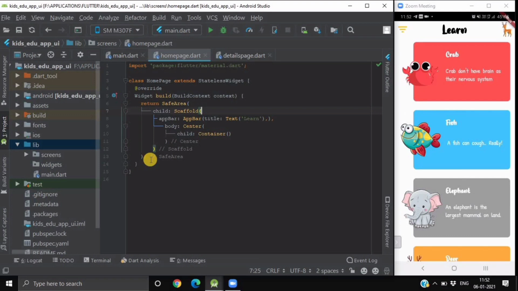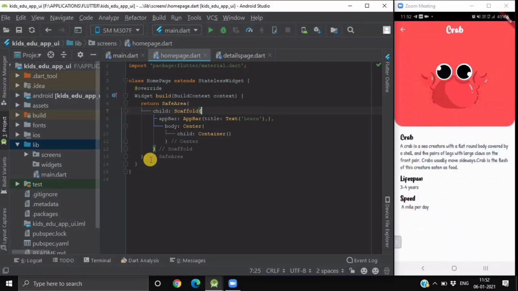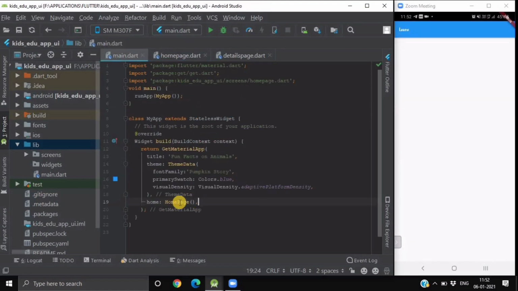Okay, and also when we click on this particular card, the headers like crab and its information, these are also custom widgets. Okay, so we will also be learning how to create a custom widget and how to make use of hero animation while navigating. Now in our main.dart file, we have set our home to HomePage.